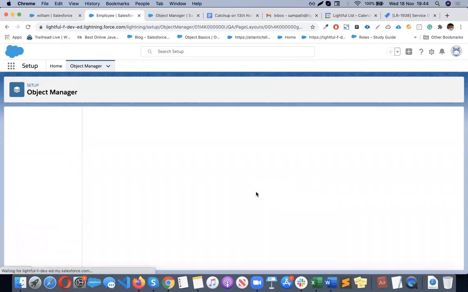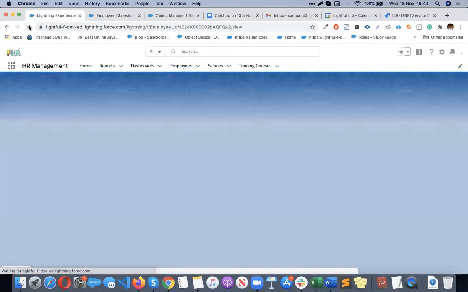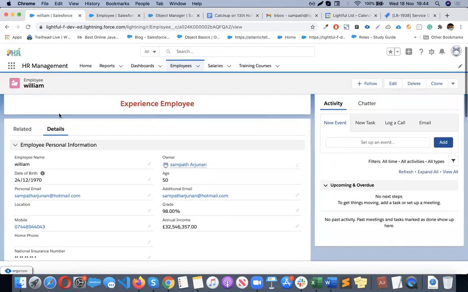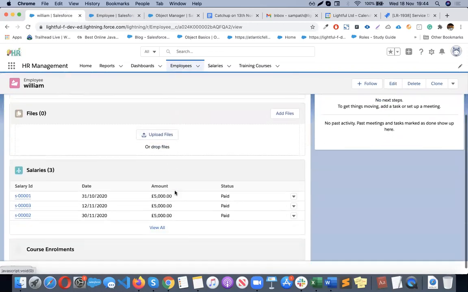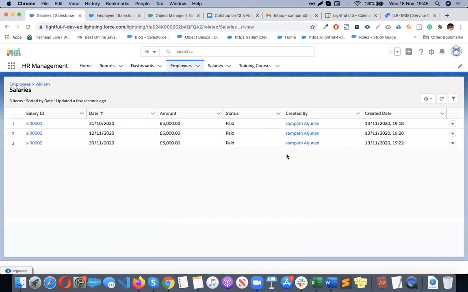If you untick it, the new button won't be visible. Now if I save and go back here, see, now you come to know very clearly. We are sorting the order by this one. But at the moment you'll see only 4 columns displayed over here because the page size is small. And if you want to see more, click on view all, then it will give you all the columns: ID, date, amount, status, created by, created date.